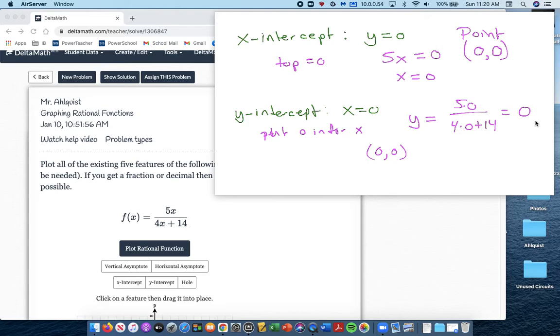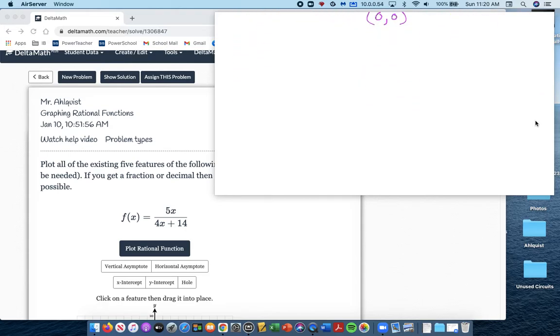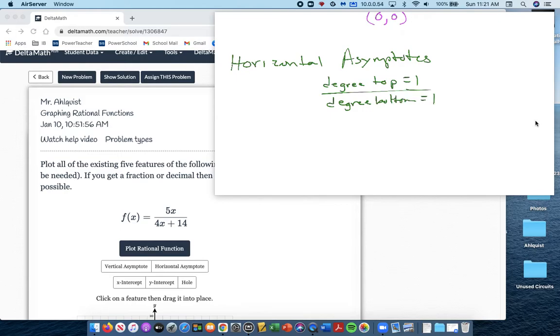So now let's go to the next thing that I think is the easiest thing to do. And let's look at the horizontal asymptotes. As far as horizontal asymptotes go, notice that the degree on the top is 1. Degree on the top is equal to 1. That's the highest power of x. And the degree on the bottom equals 1. If you look back at your notes, when they're the same on the top and the bottom, then